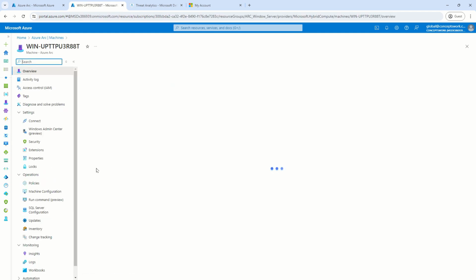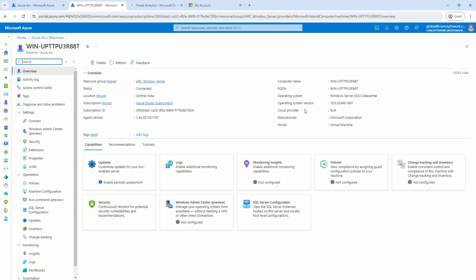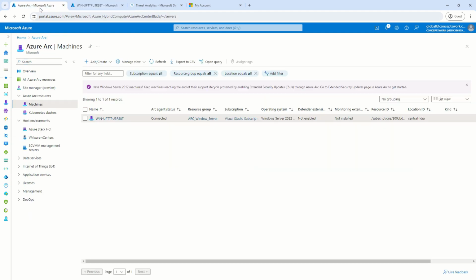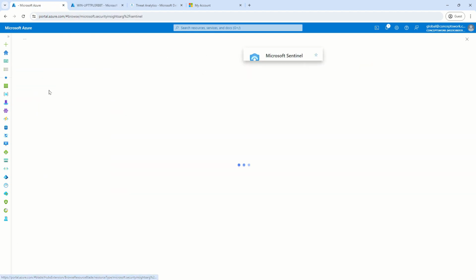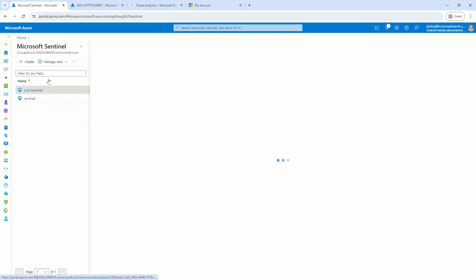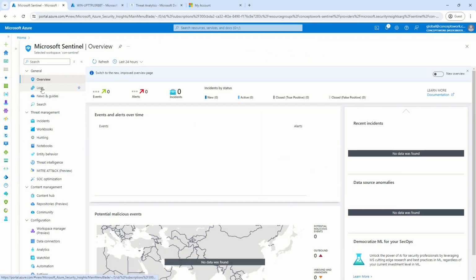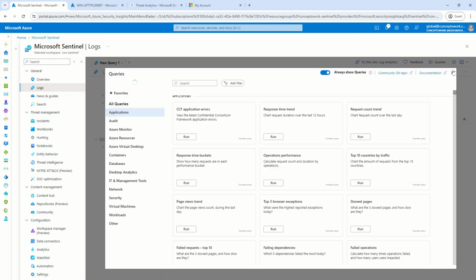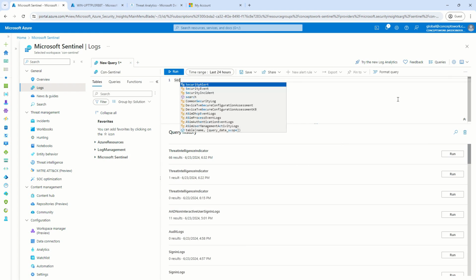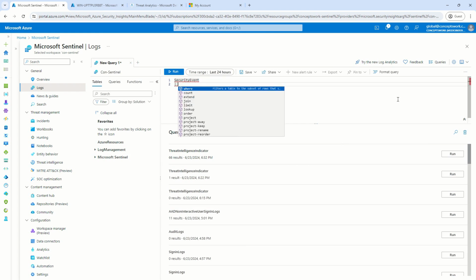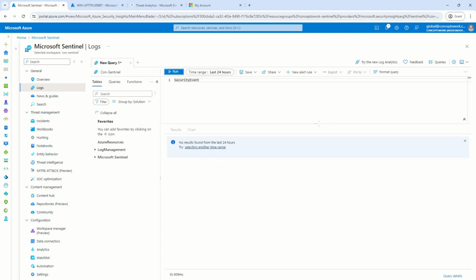Okay, so the fundamental idea here is to make sure that I capture security events from this particular machine, and whichever security events I'm capturing from this particular machine should be available in my Sentinel, right? So before I go ahead and make that integration, let me open my Sentinel console and go to logs. And here I'm going to search for security event. Okay, this is the table where all the data ingestion will happen. Now you can see it is as of now blank